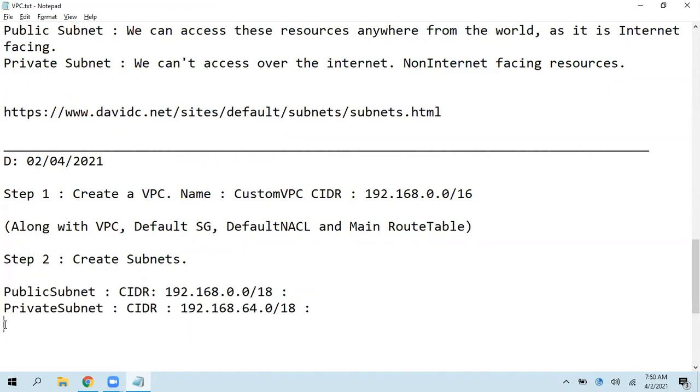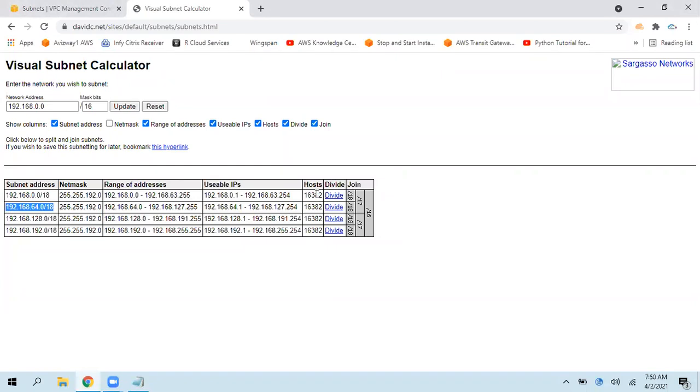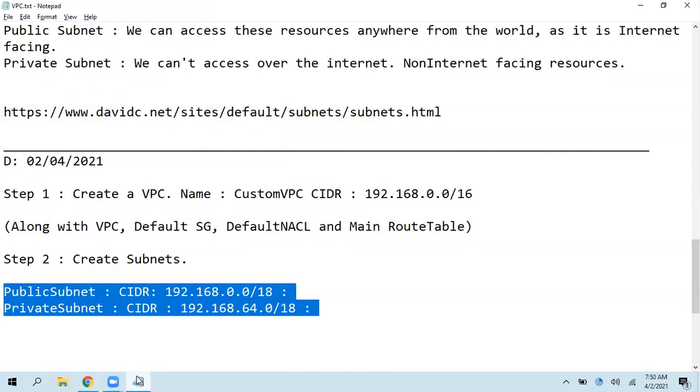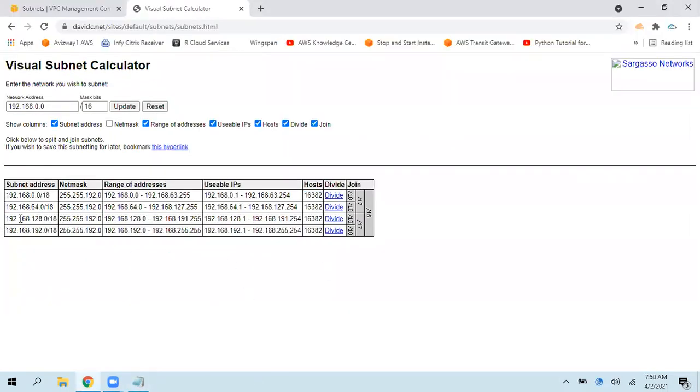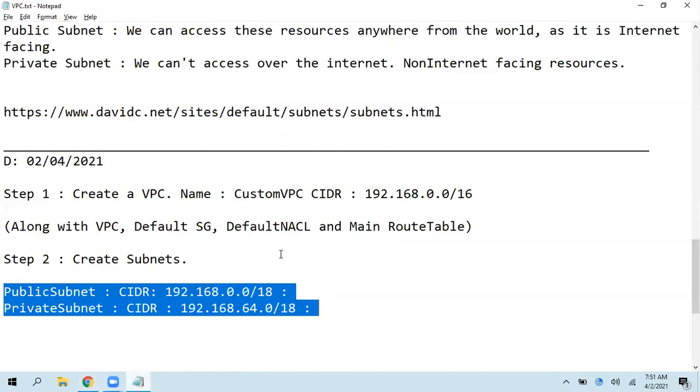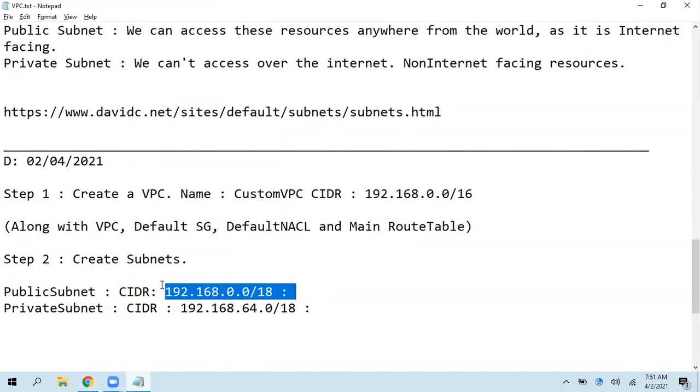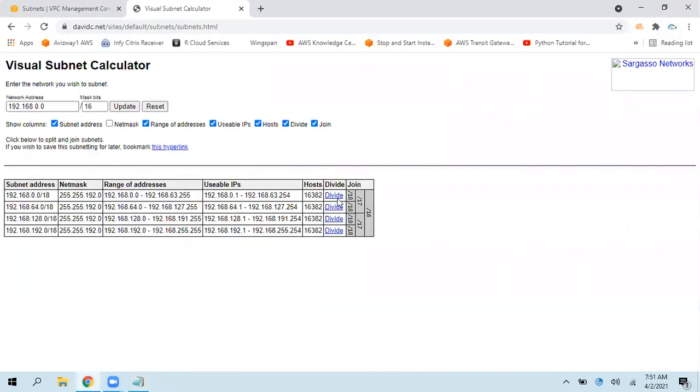So at the moment I'm going to consume 32,000 IP addresses for the existing subnets. Still I have 32,000 IP addresses in spare for this entire VPC. For example, if you want to use only 254 IP addresses here, then what subnet do you need to use? You need to use /24. If you are using /24, then you are going to get 256 IP addresses, technically 251 usable IP addresses, so that you can calculate.